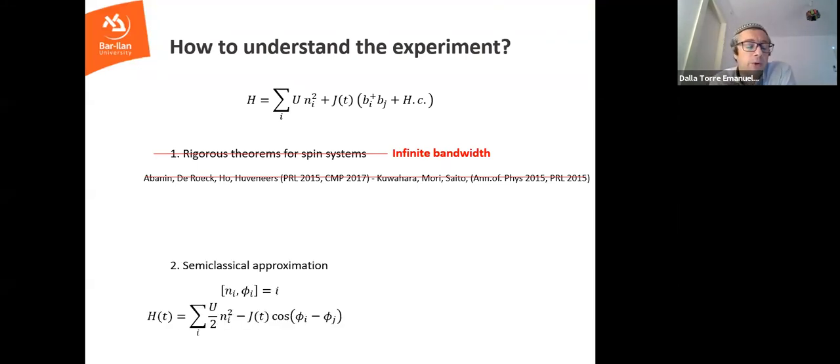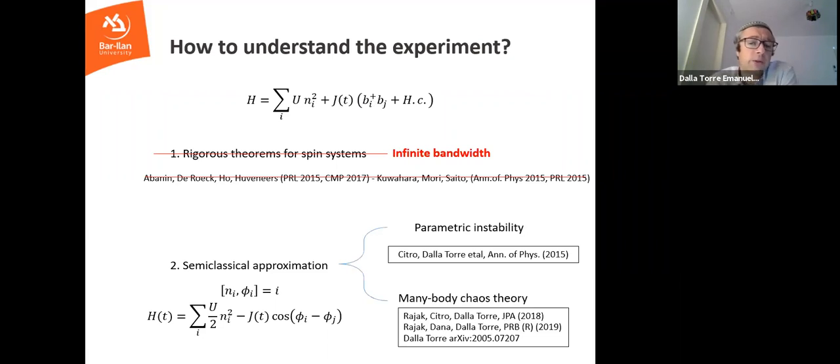So here I would like to propose an approach that is based on a semi-classical approximation. The idea is just to move to semi-classical degrees of freedom where the number and the phase are canonically conjugate. This is the usual b goes to square root of n times e to the i phi. I hope both Gianluigi and Daniel are familiar with that. And so the hopping term becomes a cosine term. This is the semi-classical approximation, and what you get is a non-integrable classical or semi-classical problem, and you need to ask: how can I show that there is an exponential suppression of heating in this model?